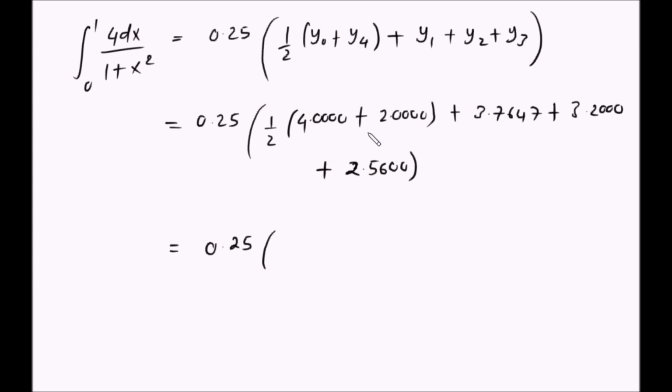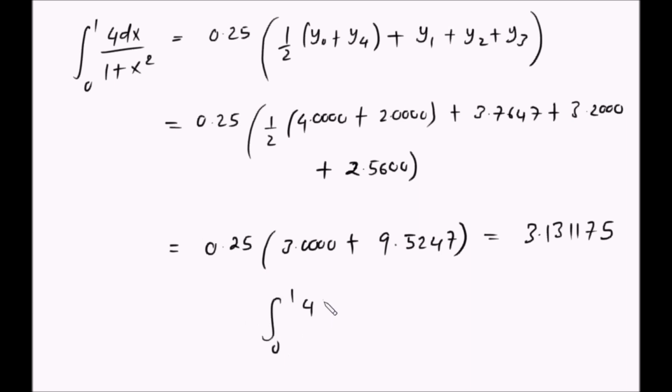Kwa hapa ni rahisi, 4 plus 2 ni 6 over 2 ni 3 jumlisha hiyo ilobaki sasa itabidi nitumie calculator. So I have 3.7647 plus 3.2 plus 2.56. So I get 9.5247. So nikichukua hiyo 9.5247 jumlisha 3 times 0.25 I get 3.131175. Kwa hiyo kumbe by trapezoidal rule nikiintegrate huyu I get